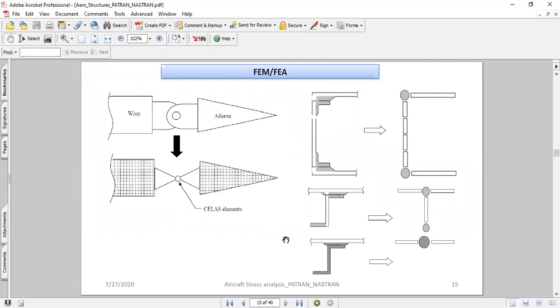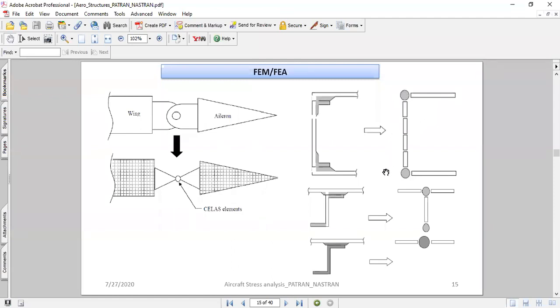Whereas on the right hand side, you can see a channel section, a C-section beam, that is typically idealized into a set of plates and shell elements with the axial elements at the end. Those are rod elements.